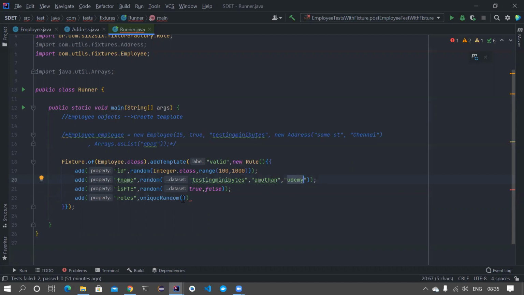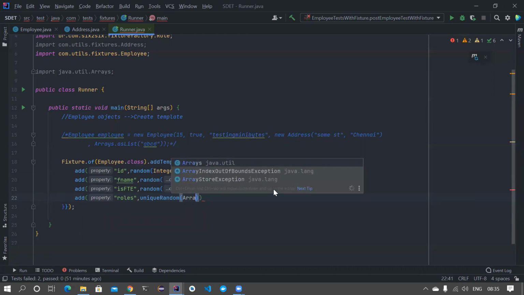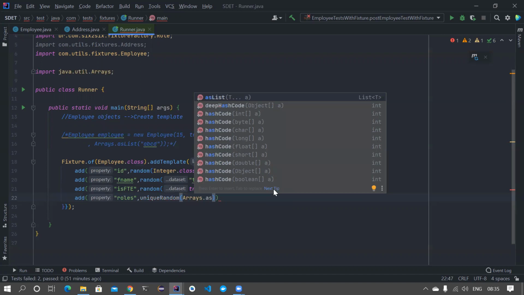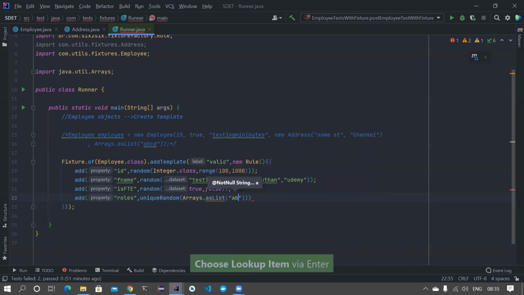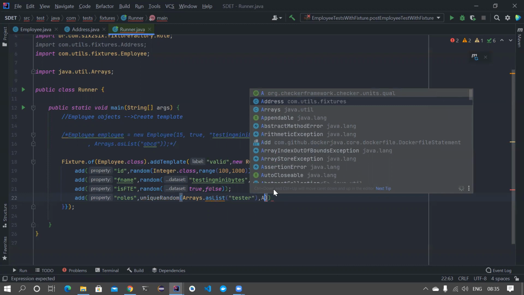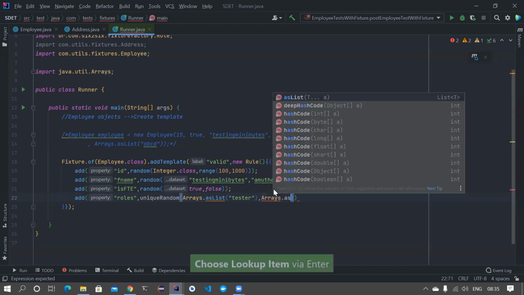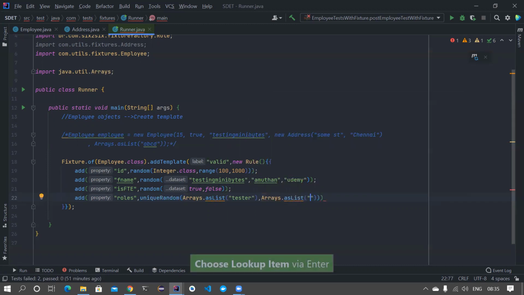Okay, so I'm using a unique random here, and then maybe arrays dot asList, and I have, let's say, tester, and I can also add one more array list, arrays dot asList, and this may be manager, something like this, right?